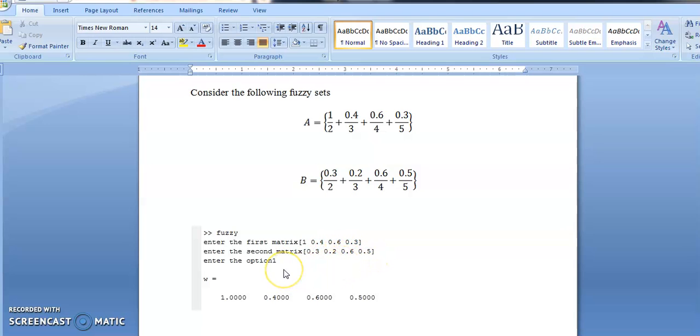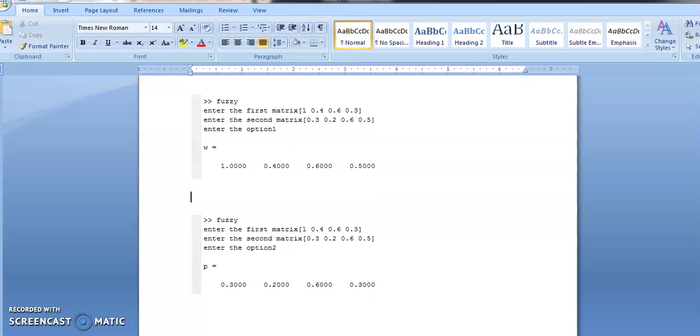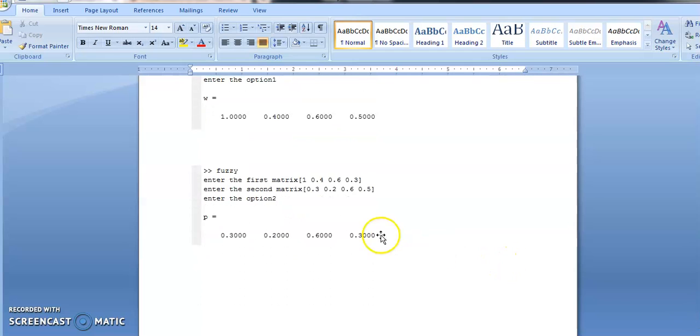If the user enters option 1, you have to perform the union operation, meaning you calculate the max element between set A and set B. So in 1 and 0.3, 1 is the maximum. In 0.4 and 0.2, 0.4 is the maximum. So you get this output. If the user enters option 2, now you calculate the intersection operation.